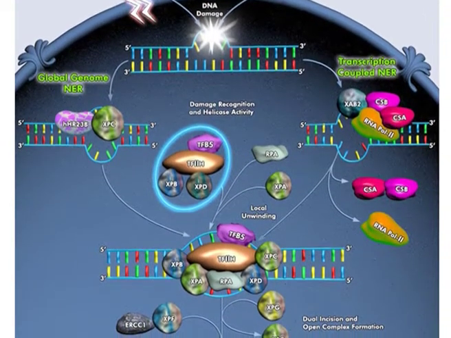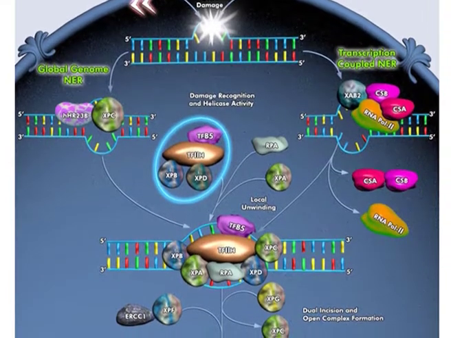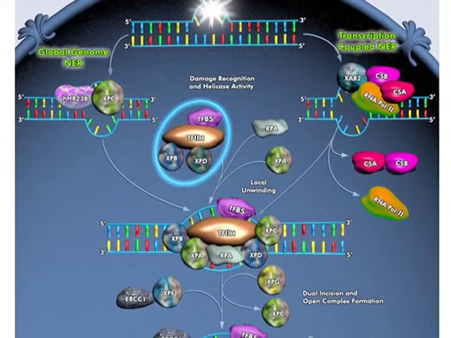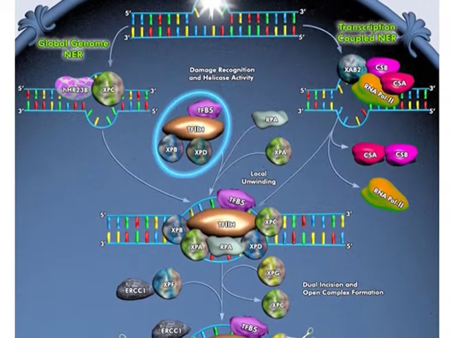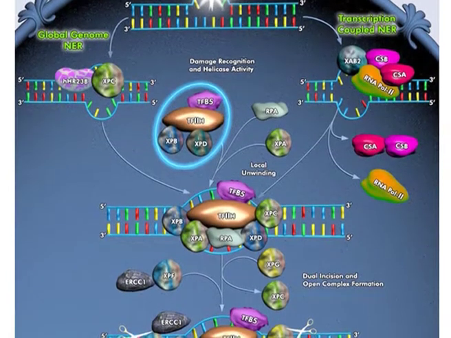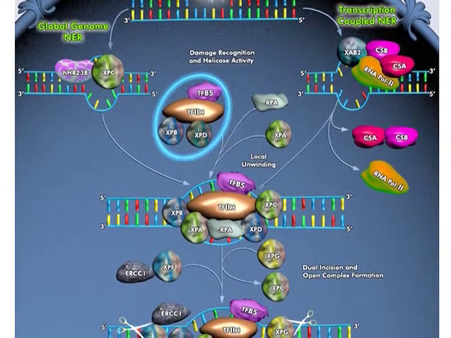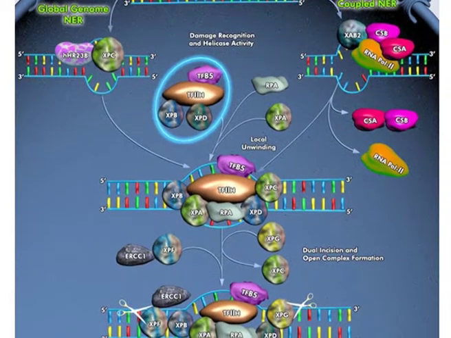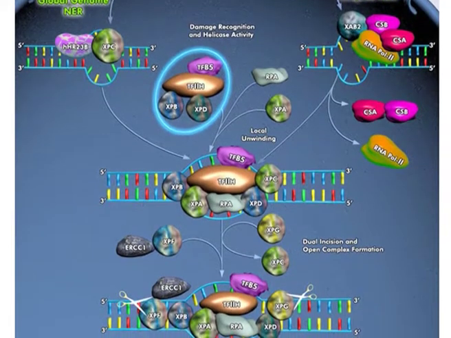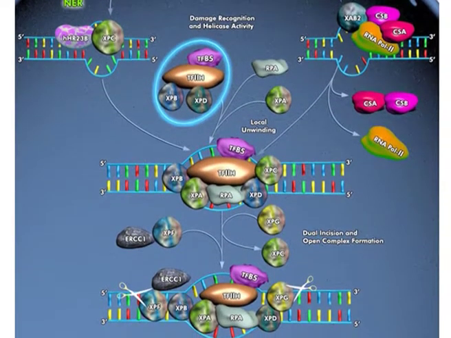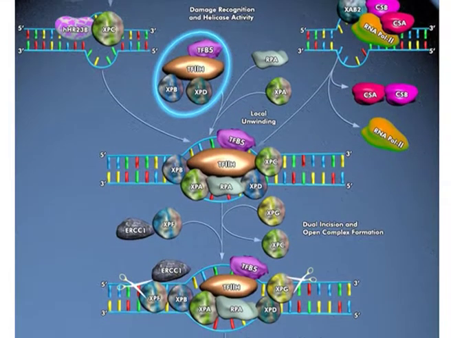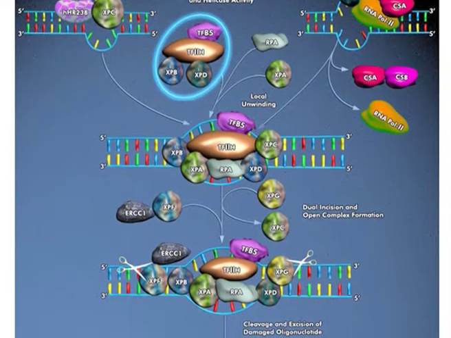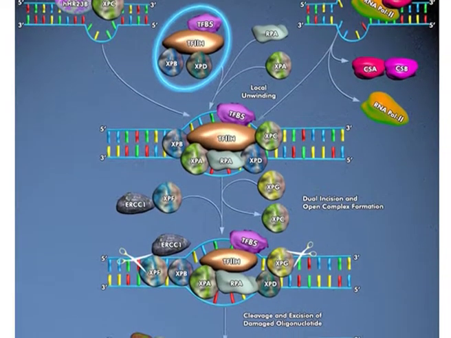The stalled RNA polymerase complex is displaced in order to allow the NER proteins to access the damaged DNA. This displacement is aided by the action of CSA, or Cockayne syndrome A, and CSB proteins, as well as other TC-NER specific factors. The subsequent steps of GG-NER and TC-NER proceed in an essentially identical manner. XPA and the heterotrimeric RPA, or replication protein A, then bind at the site of injury and further aid in